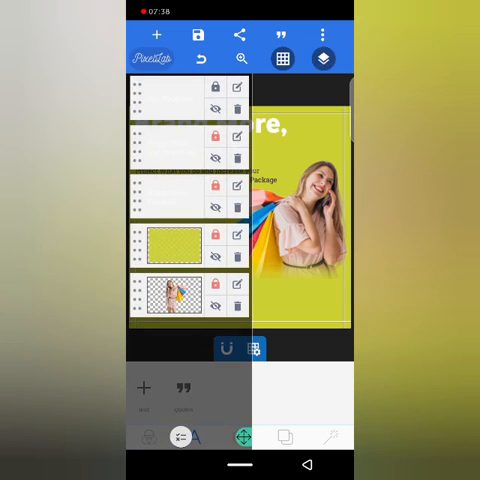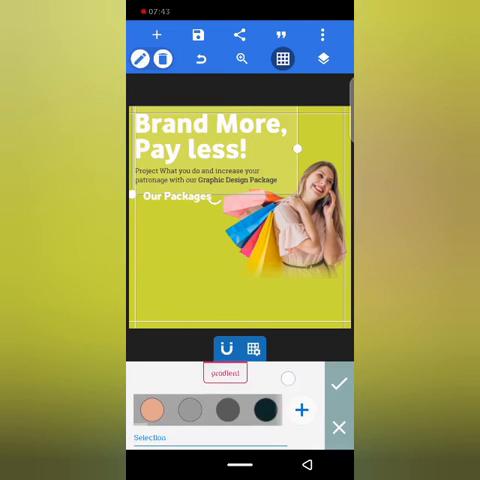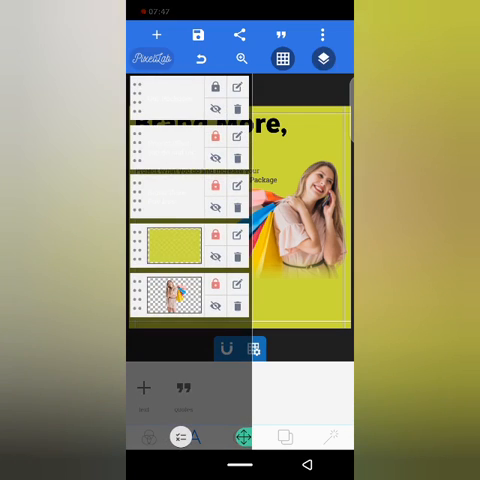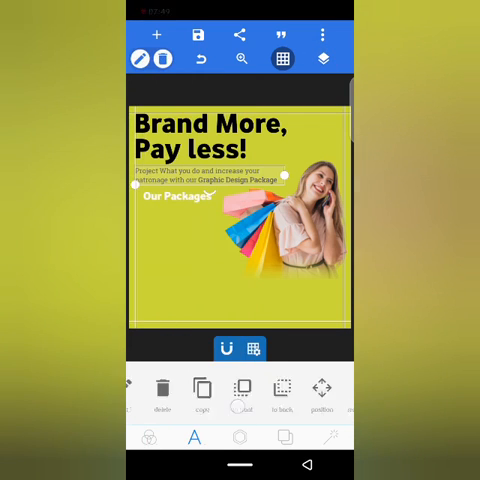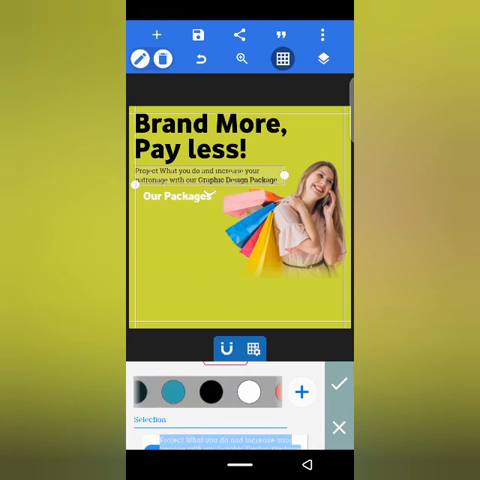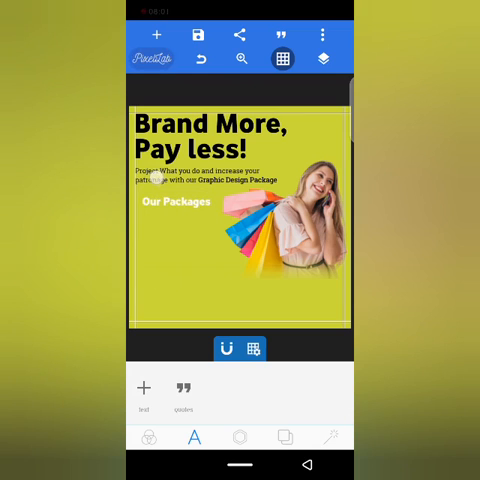Okay, this first brand mode, let's change the color to black. Okay, I think the black is much better than white. Okay, so I think that is better. Alright,